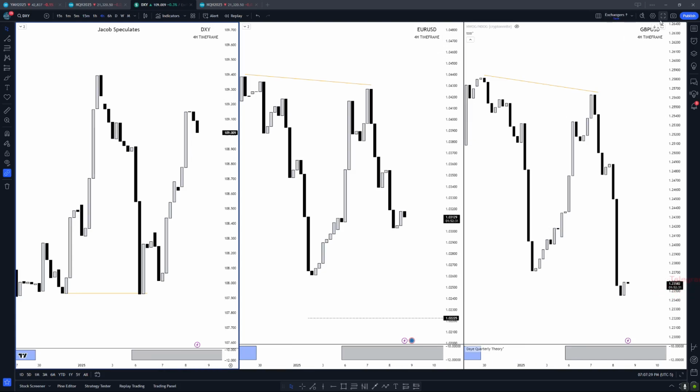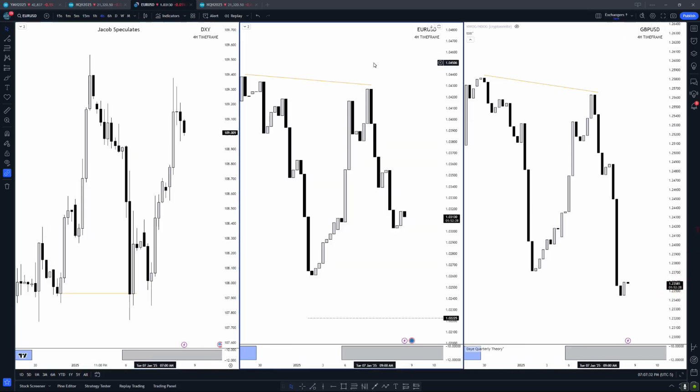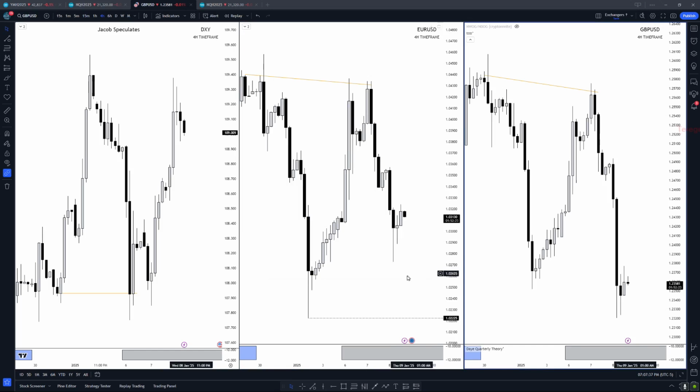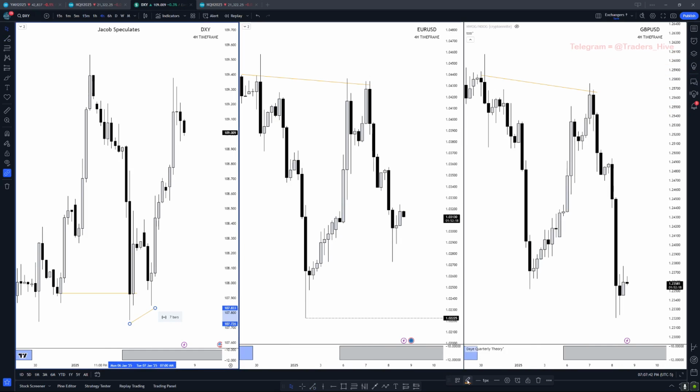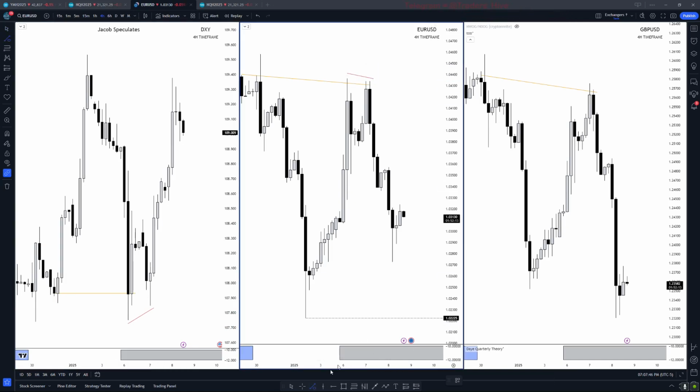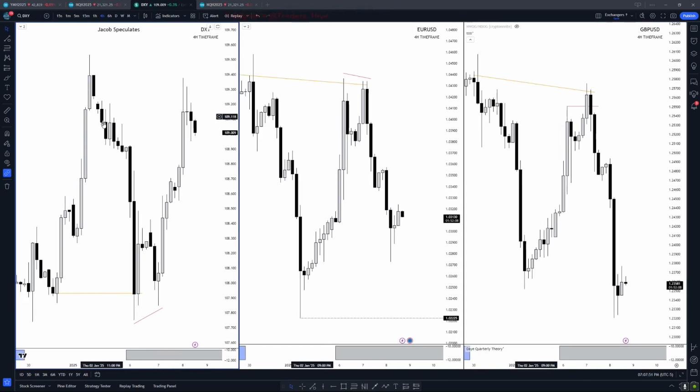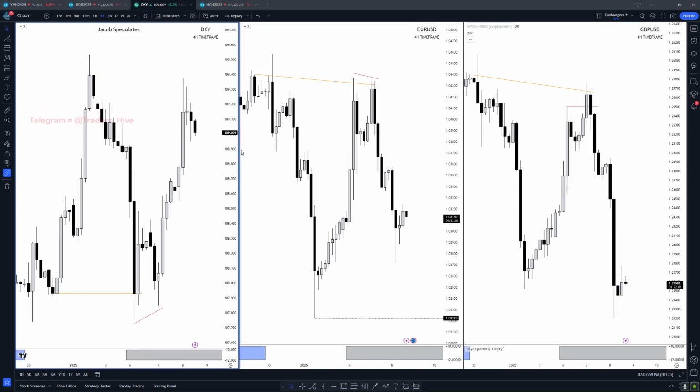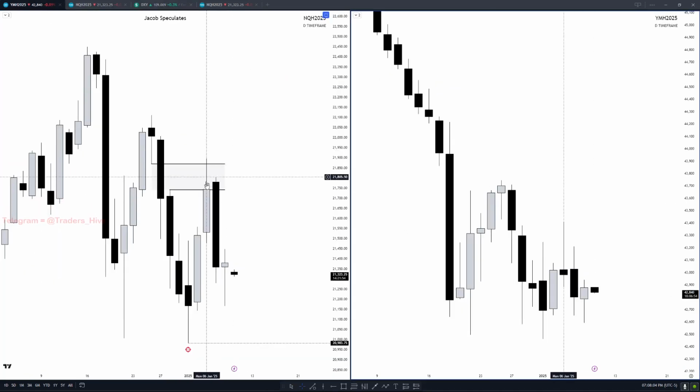And now if we turn the wicks back on, you can see there was also confirming that initial weekly SMT. So the Forex triad became in sync with the futures triad at this moment. Why did it become in sync? It formed an SMT in the same direction that we would expect this key level to hold.